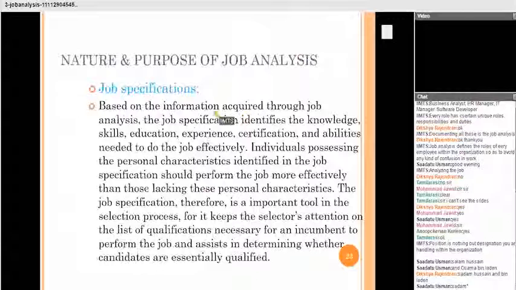Then nature and purpose of job analysis. Based on the information acquired through job analysis, the job specification identifies the knowledge, skills, education, experience, certification, and abilities needed to do the job effectively. Individuals possessing the personal characteristics identified in the job specification should perform the job more effectively than those lacking these personal characteristics. That's why when you see that most of the people prepare their resume,